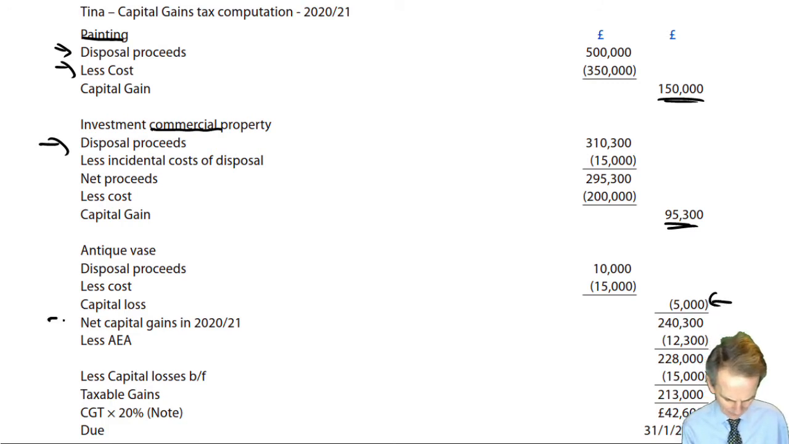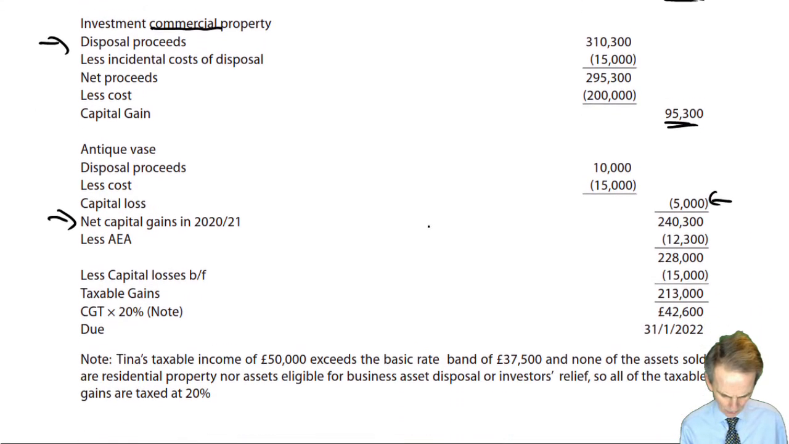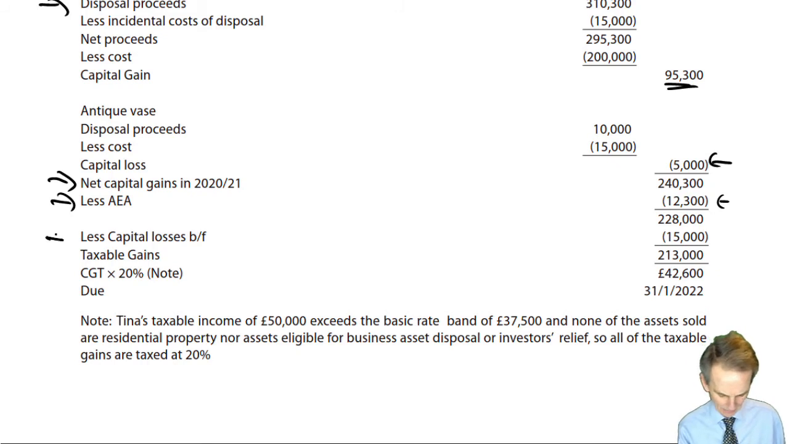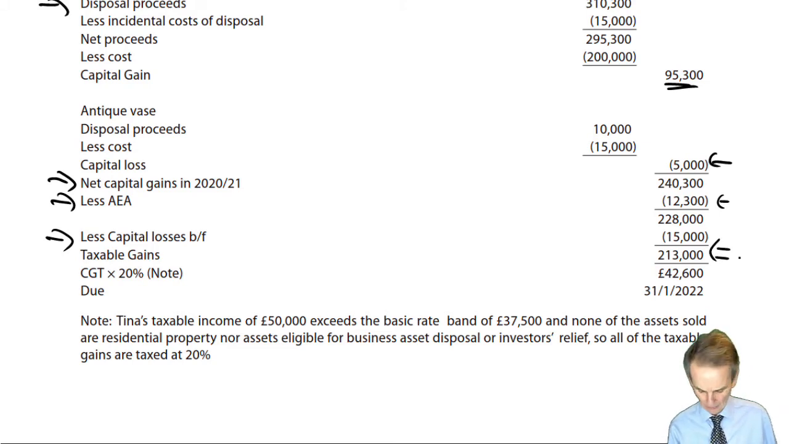Put it all together to establish in the 2021 tax year, we have net gains of just over £240,000. We must take away, of course, our AEA first of all. That's our £12,300 for the 2021 tax year. And then, as we have given information about it, there are some brought forward capital losses there that are dwarfed by the extent of the now net gain for the year, and on that basis are fully absorbed, giving us again a huge figure of taxable gains of some